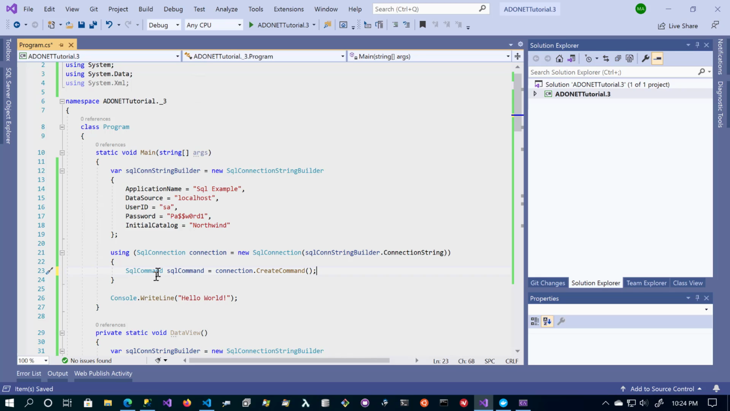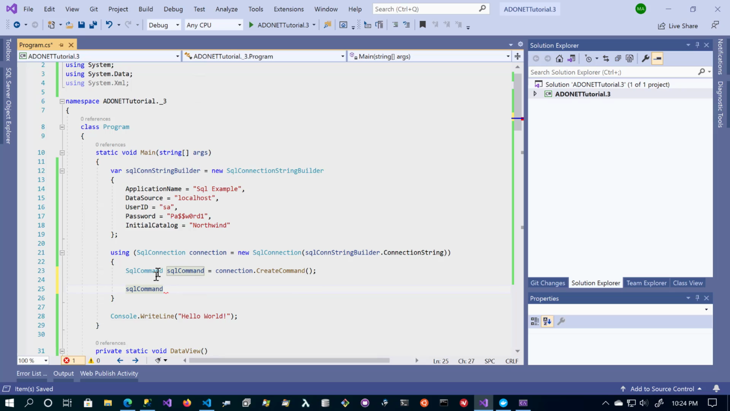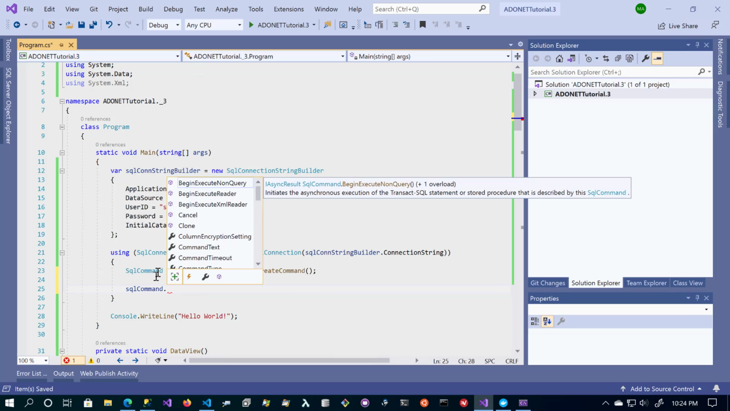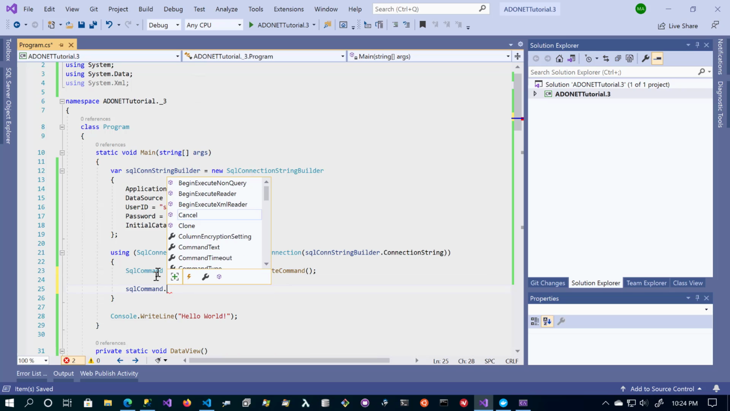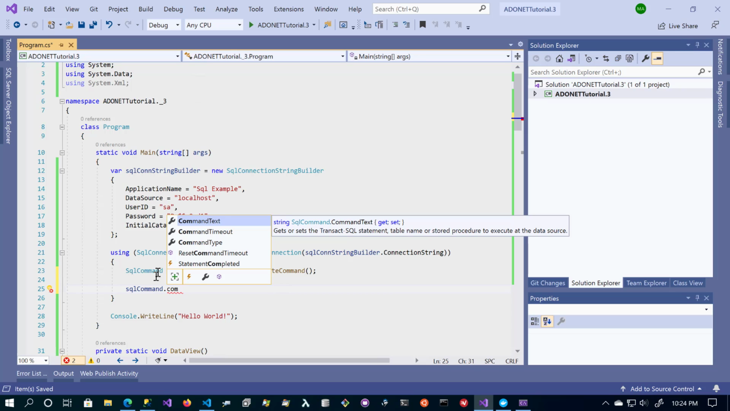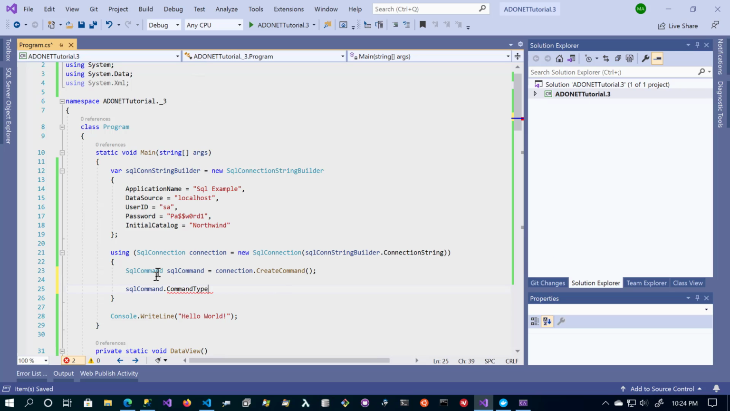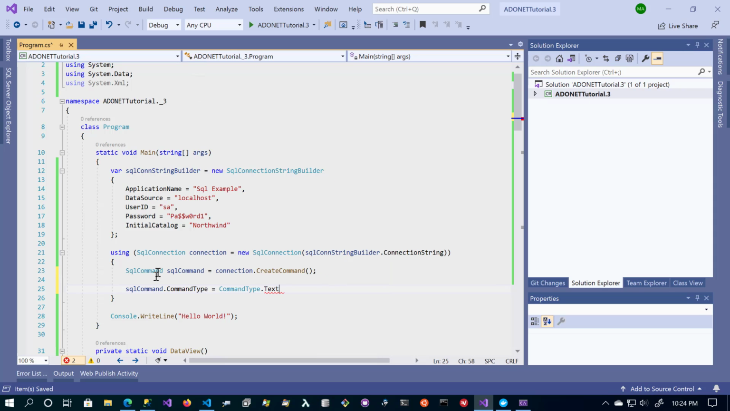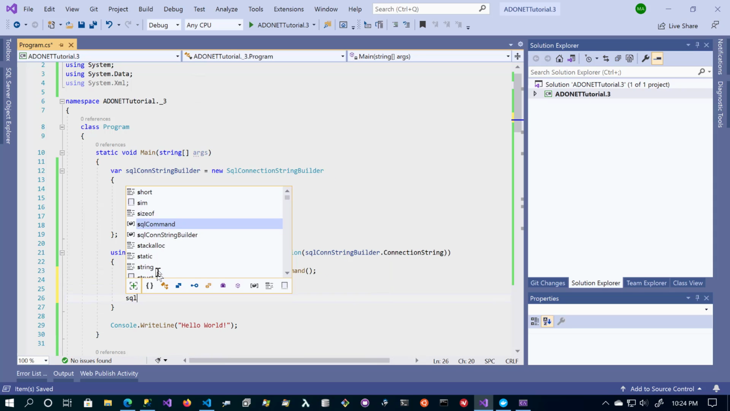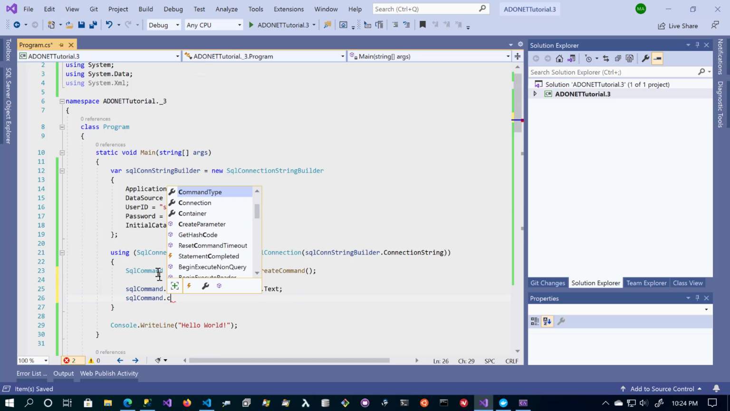So we'll go ahead and use the SQL command. This is a quicker way, so you don't have to fill the property of the connection from the command. So you have this connection object here that you could pass in. We don't have to do that now. So we're just going to do the command type, and this is going to be text. And then for the SQL command text,